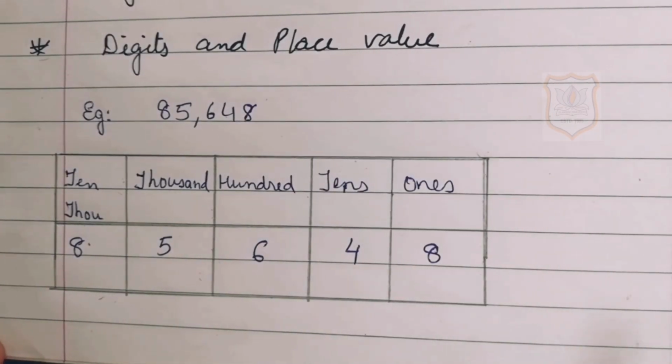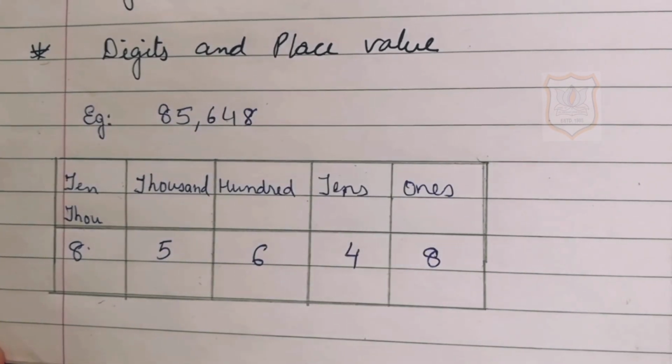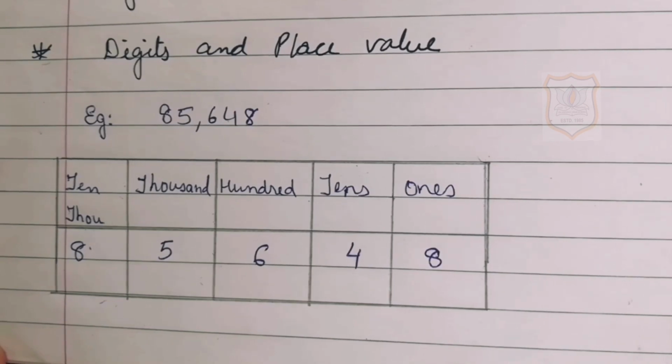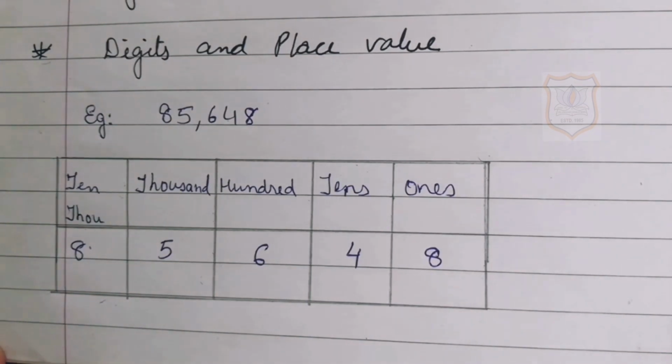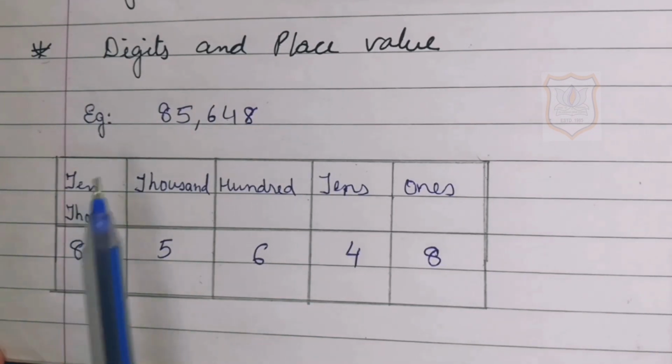Our next topic is digits and place value. Students, you have learnt about place value in your previous classes. Numbers are formed using 10 symbols 0, 1, 2, 3, 4, 5, 6, 7, 8 and 9. These symbols are called digits or figures. To find out the place value of a digit in a number, multiply the digit with the value of the place it occupies. For example, here the number is